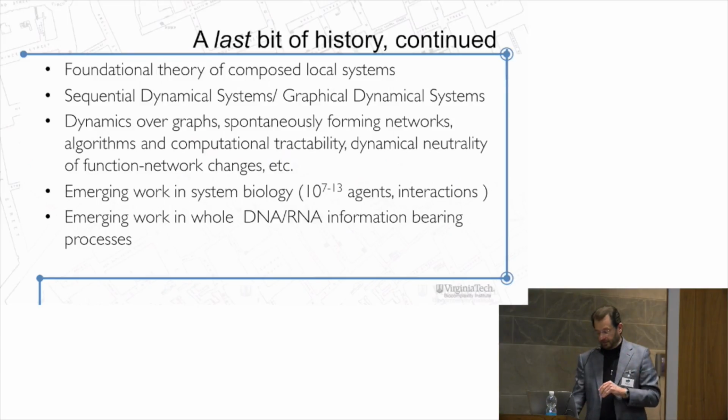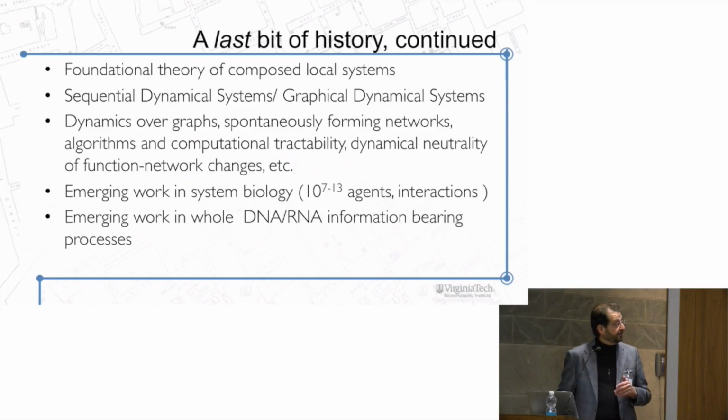The last little bit of the history piece is that along the way, we have worked for 25 years on a theoretical foundation for a lot of this. I'm not going through all the different things. There are statistical things, all kinds of things. But the sequential dynamical systems and graphical dynamical systems work is about 25 years old. It's dynamics over graphs, spontaneously forming networks, algorithms and computational tractability, which is really important to understand how these implementations work, and dynamical neutrality of functional network changes,